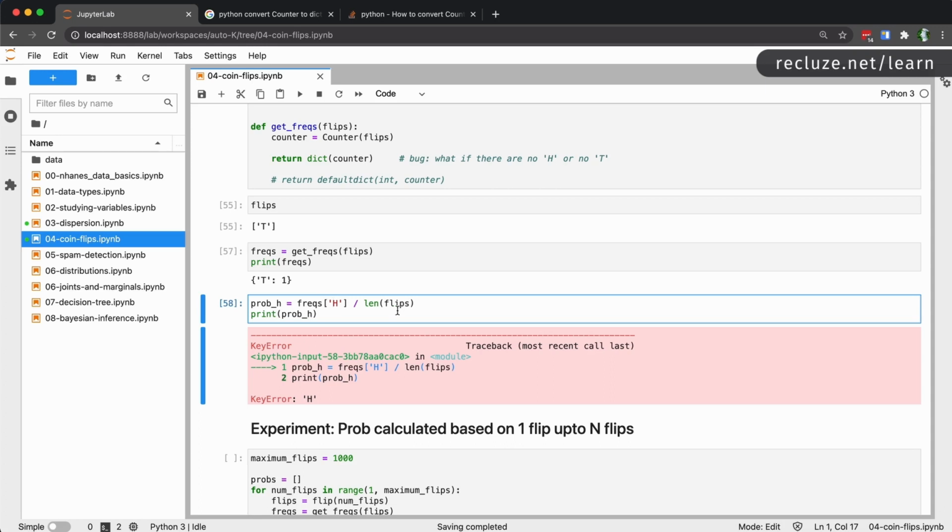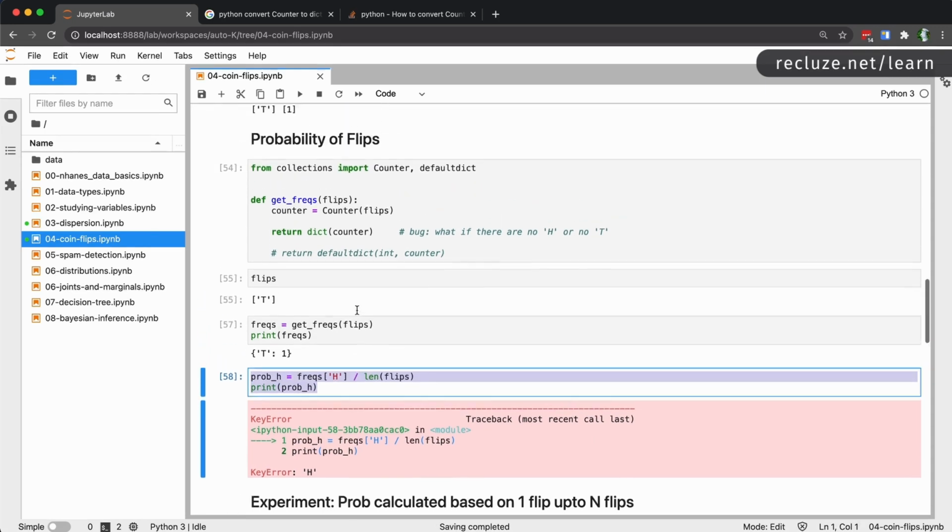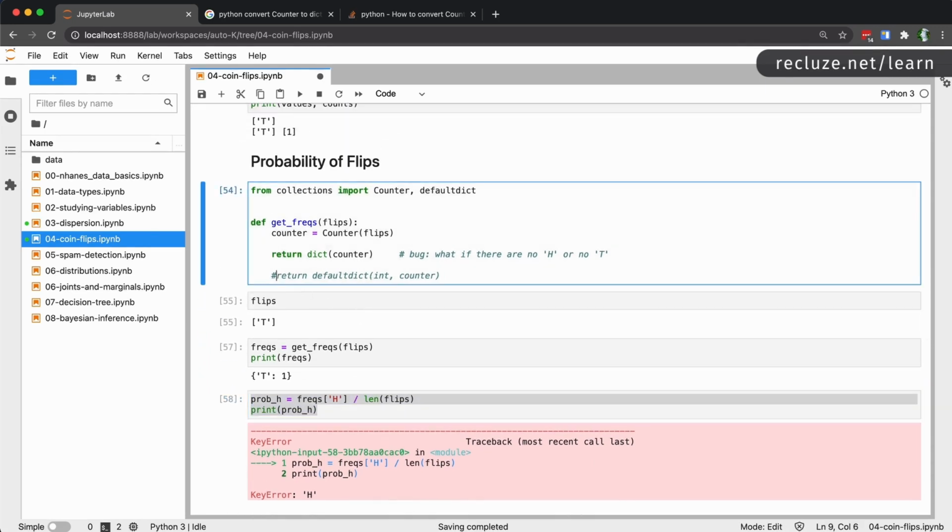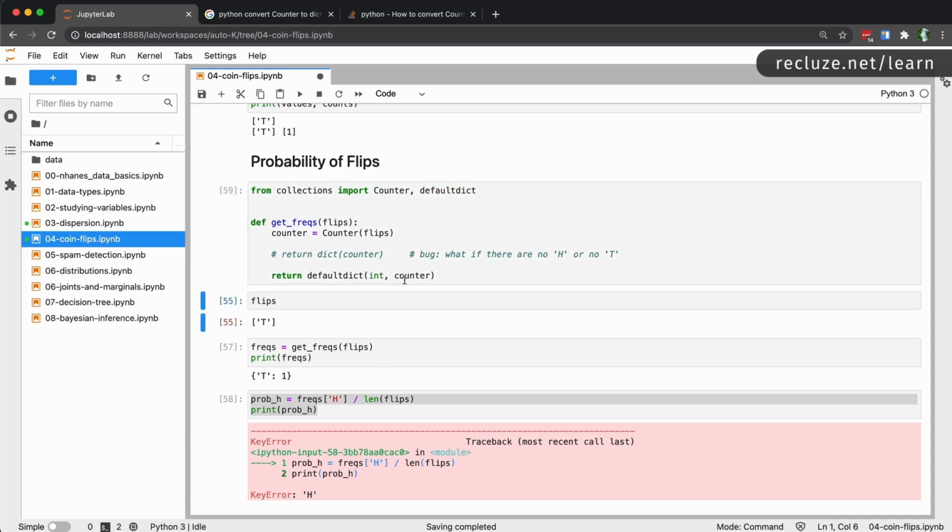You can do that using basic programming logic, but I'm going to share the way people typically do this in Python. So this is the Pythonic way of doing things. You don't reproduce this thing because it's going to make your code look ugly wherever you're calculating probabilities. If you don't know what that is, we are going to use a default dictionary. So instead of converting the counter into a dictionary, we are going to cast it into a default dictionary of type integer. What that means is, let's go ahead and run this.